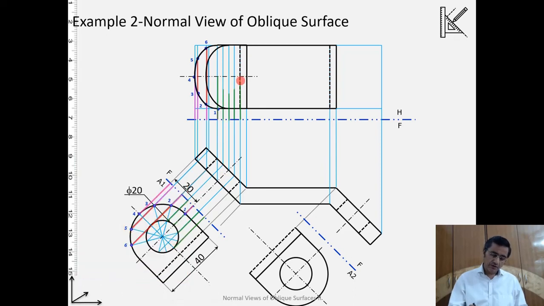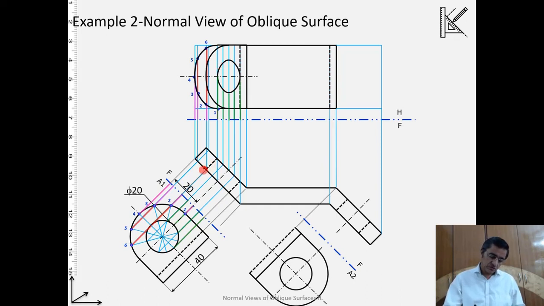So now I will be able to join these points. If I join these points, that is how the projection is, and of course it is similar. Because the drill is seen from the top, that's why it is coming as solid.